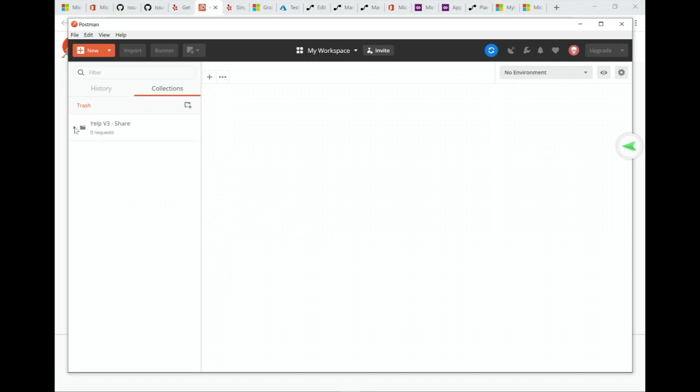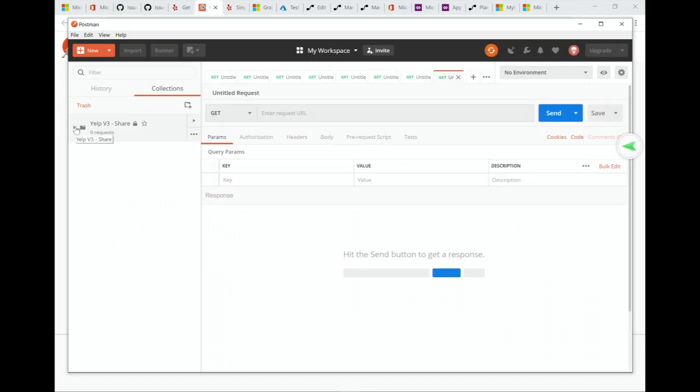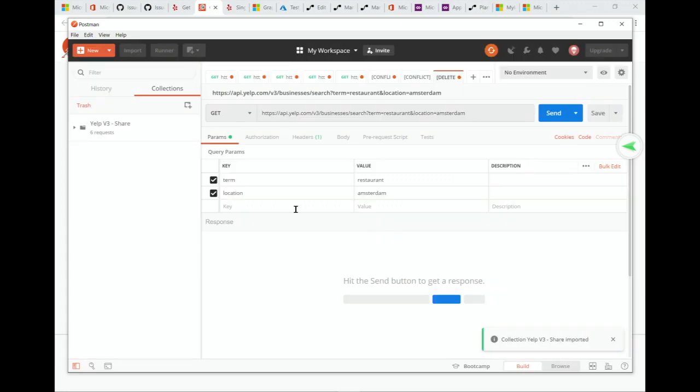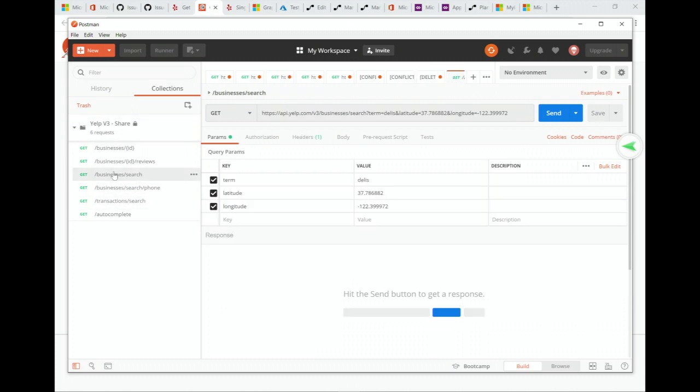So my collection is here, and you see there is a lot of actions that I can use. I want to use the search like this. The search will provide term, latitude, longitude.